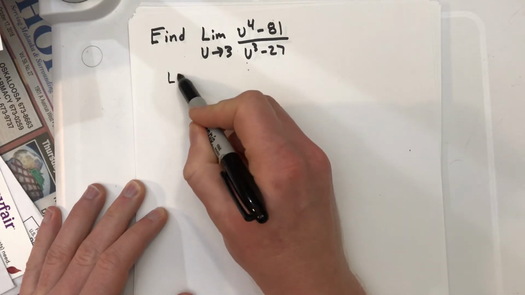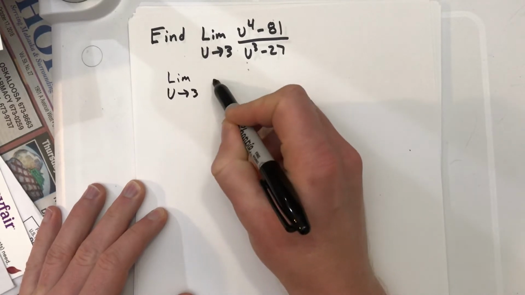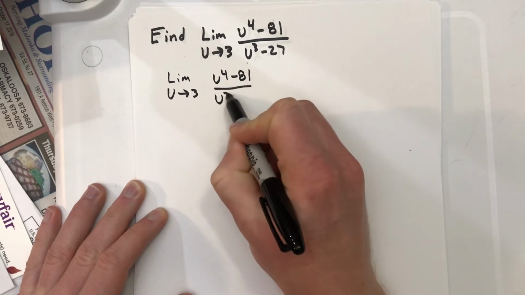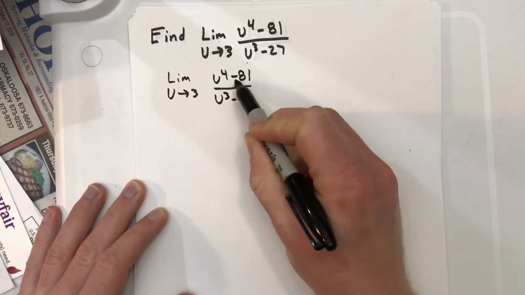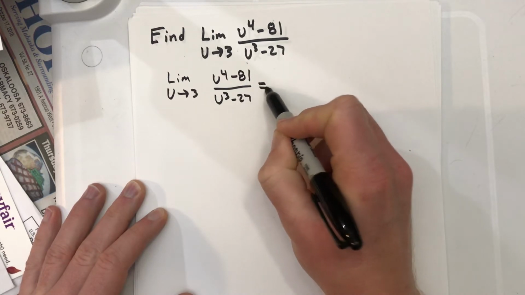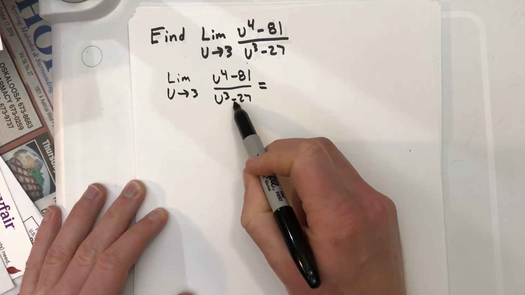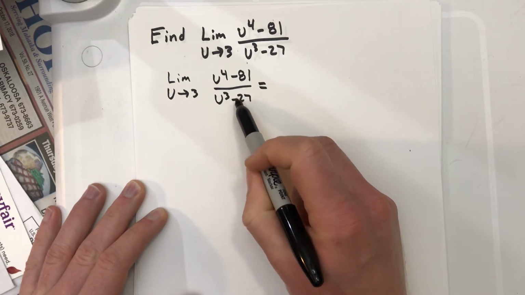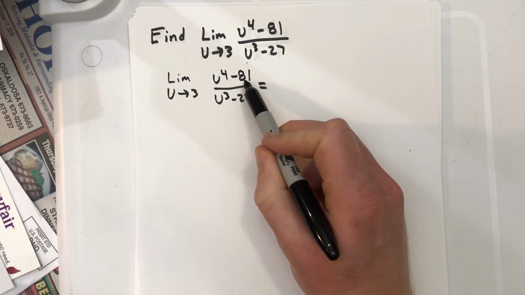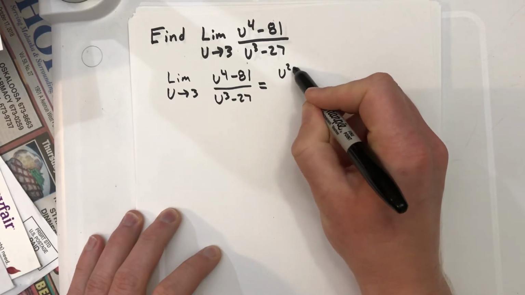So let's start here: limit as u approaches 3, u to the fourth minus 81 over u cubed minus 27. We're going to factor both of these. It may not come to you right away how to factor these, but if you remember back to Algebra 2 and maybe look some stuff up online, u to the fourth minus 81, you can factor that down into u squared plus 9,